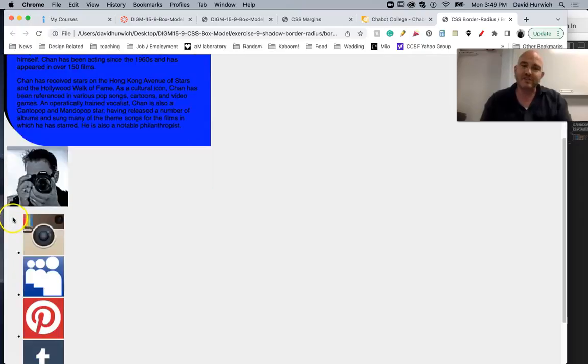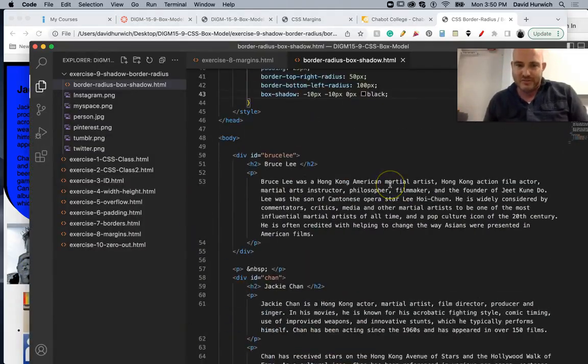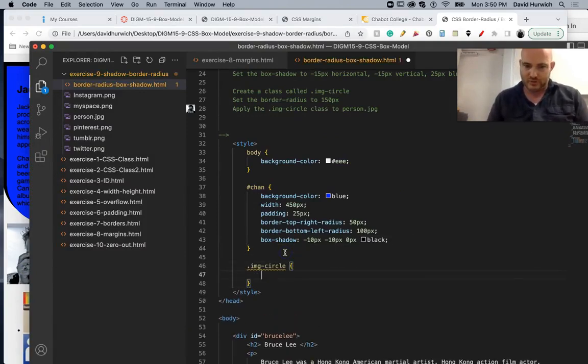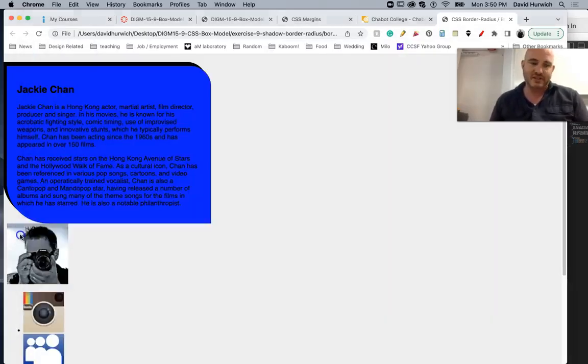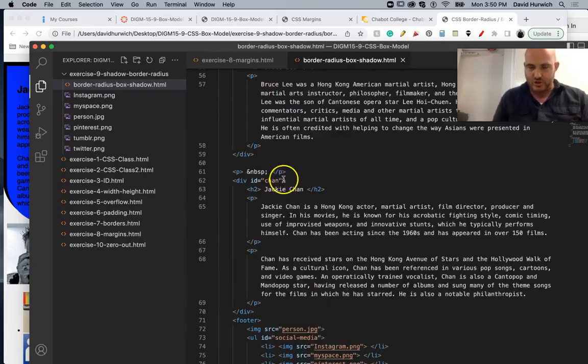Okay. We can actually even use border radius to give us some unique designs. So here I have an image, and my image is a square. Okay. And what I'm going to do is make a class called image circle. Okay, and I'm going to use that border radius we just talked about. And I'm going to set this to 50%. So what that means is it's going to take 50% of the height and width and start to round it out. Well, if you do all 4 sides at 50%, the end result is actually going to be that you turn your image